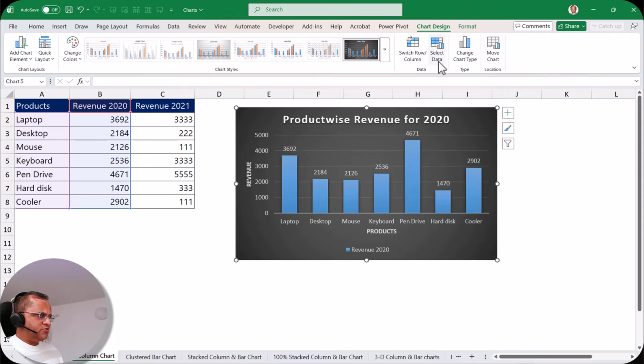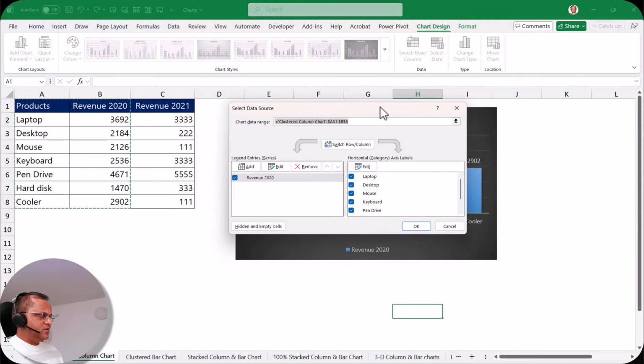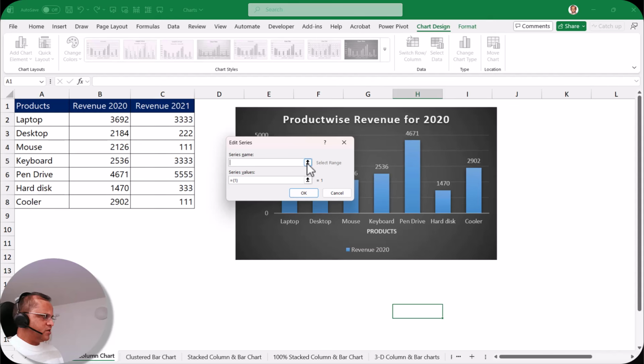Now see, I have already shown you this in the last video. If you have not seen the last video, then I'm putting the link on the top of this video. So if I click on this select data, then here I can see this dialog box. So currently we are having the data for revenue 2020. Now here, if I want to also add the revenue 2021 data, then what I have to do, I have to click on this add button here. And when I click on the add button, then I have to click the series name. Series name is this one. Okay, so this is my series name,